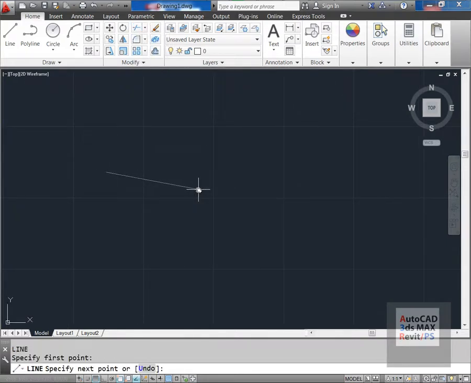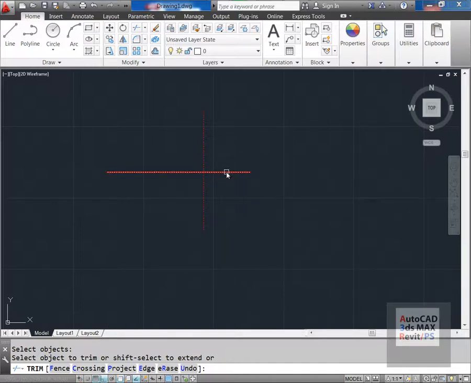Let us say that you have a line and you have another line over here, and you want to cut this part of the line. So you want to cut this part of the line from this line. So this becomes the cutting edge. So go to the command TR enter. When it is asking you to select the object, that means it is asking you for a cutting edge. So this is the point from where I want to cut this line. Enter. Now it is asking you to select the object to trim. So this is an object I want to trim, so I will make a selection,